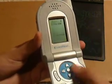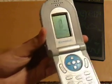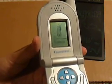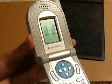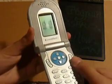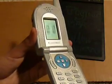So let's say I call someone like this, and I say, okay, it will display the calling key, and then if I really had someone that had this number, they would receive it, and then we could talk like a real phone, and then hang up. So only 2 people can hear the